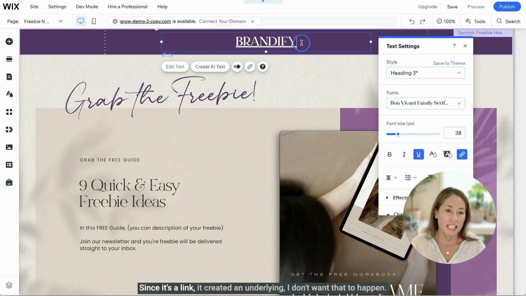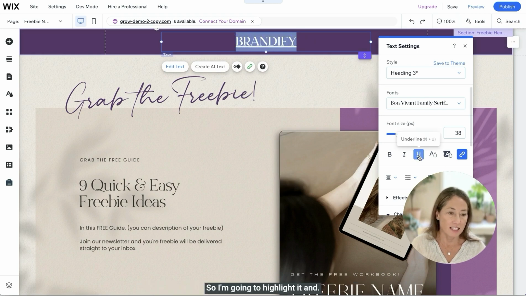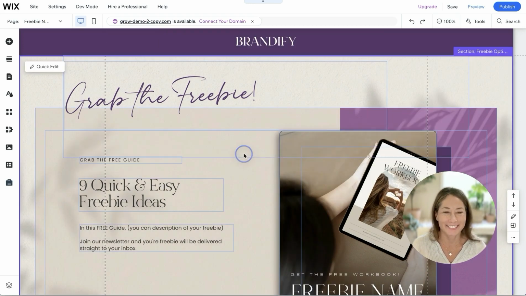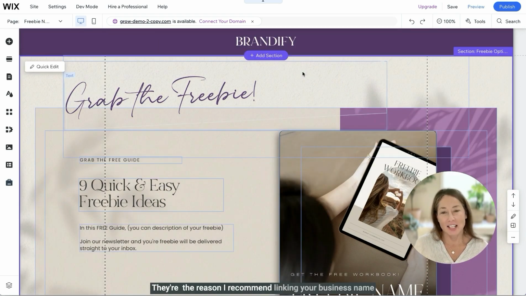And since it's a link, it created an underline. I don't want that to happen, so I'm going to highlight it and underline it. There. And the reason I recommend linking your business name to your homepage is because, one, it does